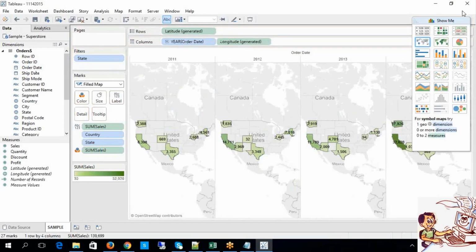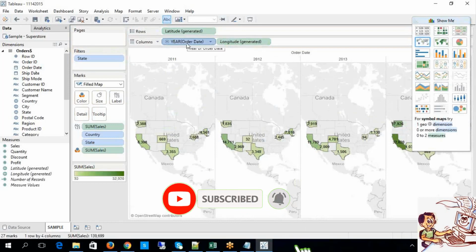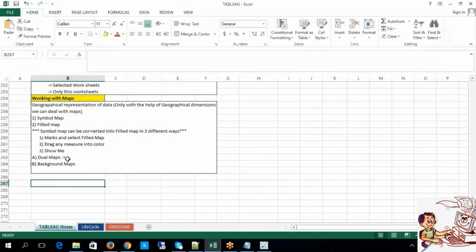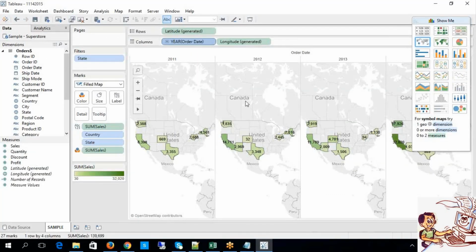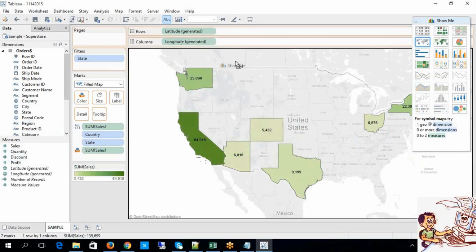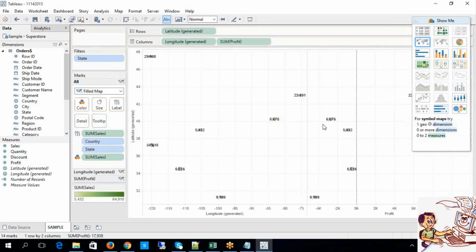Now look at this. What happened? When I add a year to date, this has been split into what is called dual maps. Sorry, not dual chart, dual map. See, if you observe clearly, different dates, or multiple measures again.